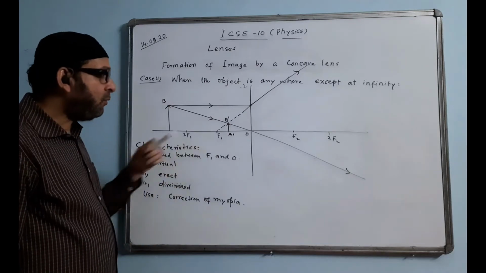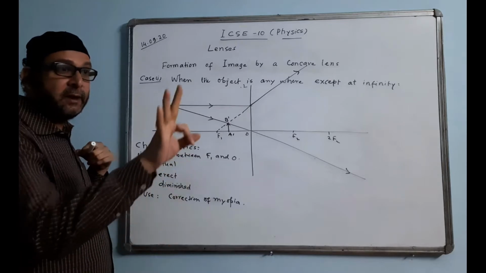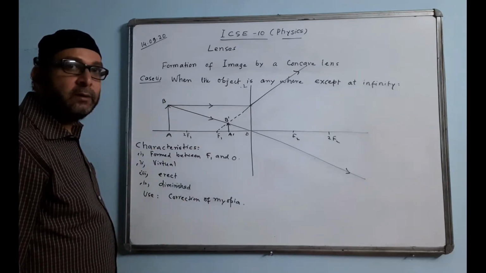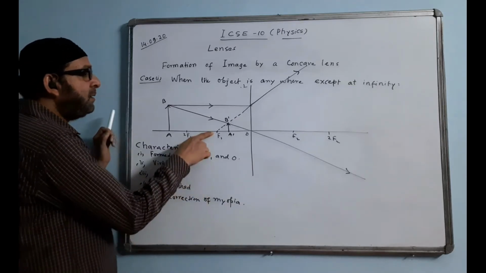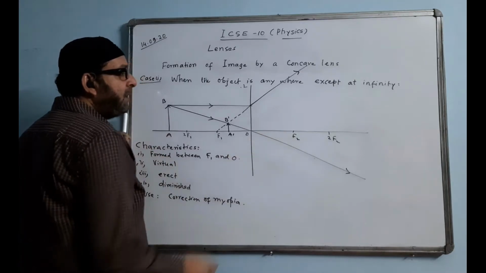By chance, if the question asks you to draw three rays from the point B to show the formation of the image, how do we draw the third ray? The third ray we always draw through the auxiliary focus. Where is it? Here is the main focus, the principal focus. Where is the auxiliary focus? Over here. So we'll be taking that property.